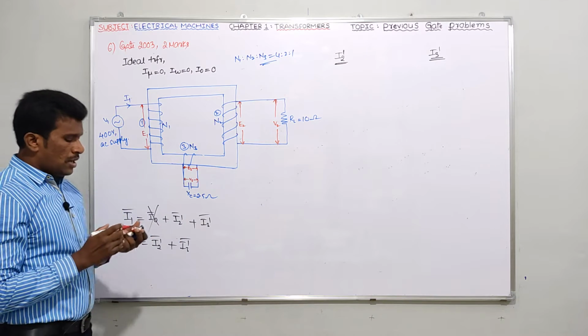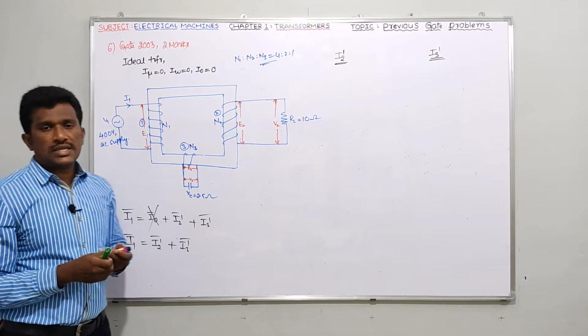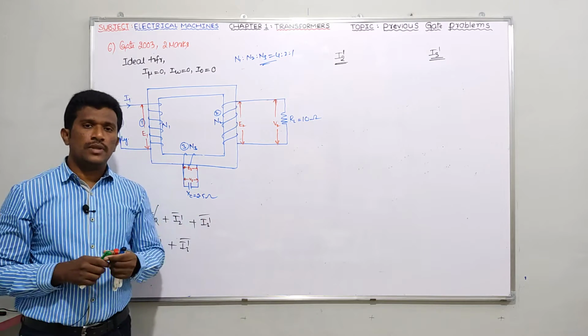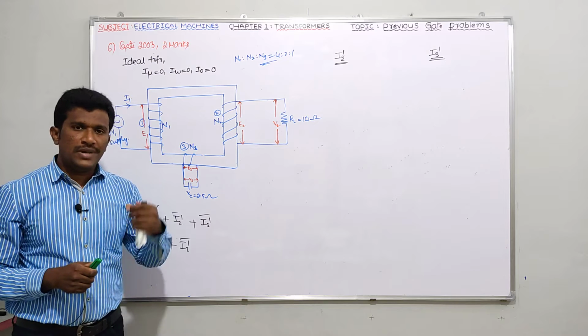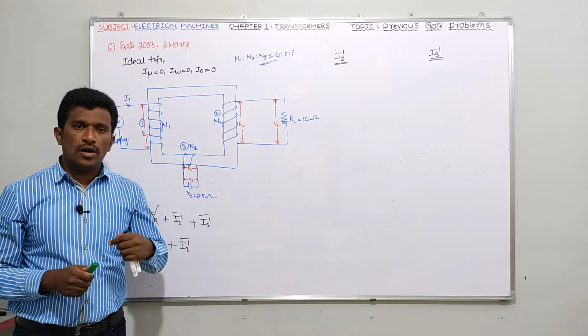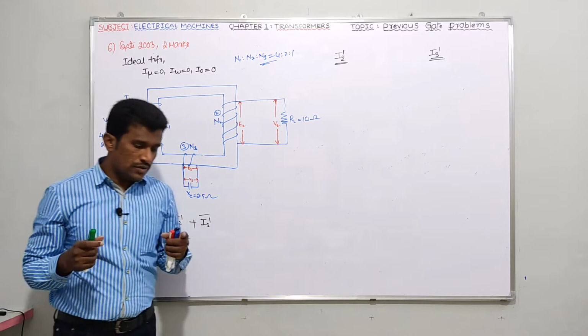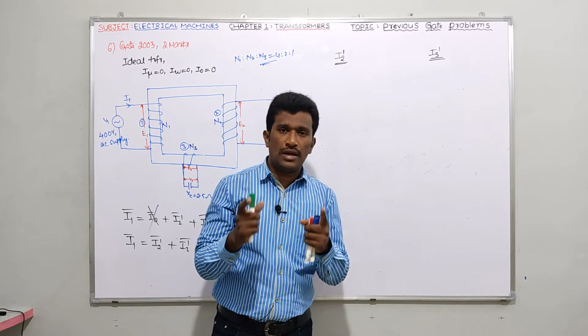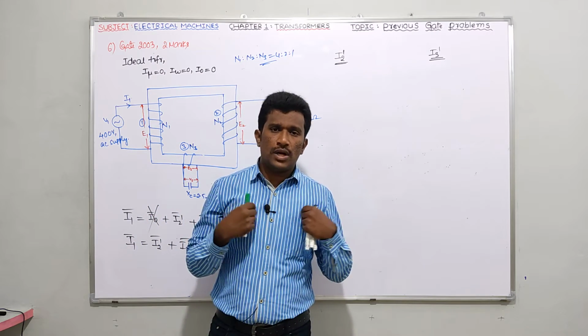Now guys, one more thing you have to understand. We already discussed in dot rotation, I told you always assume dots at the beginning end or ending end of coils. If you see the types of magnetic coupling topic, there I clearly explained. So we assume a dot at the beginning end.